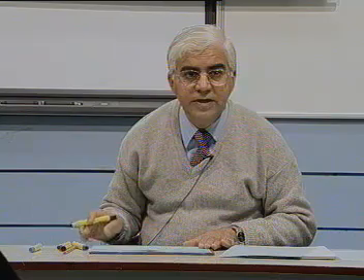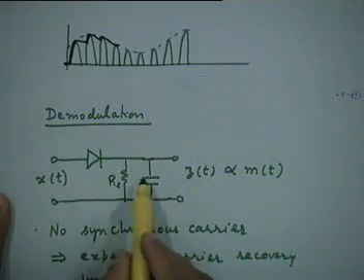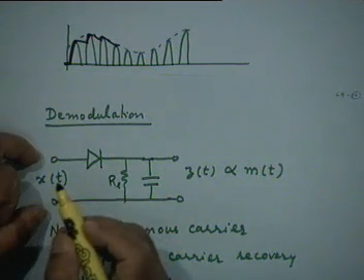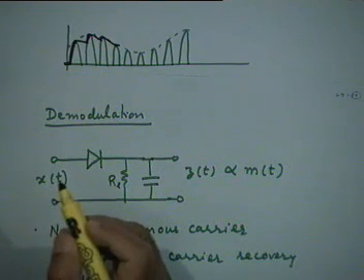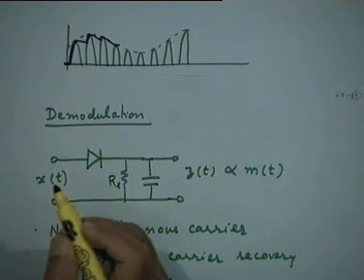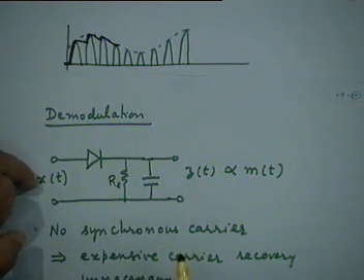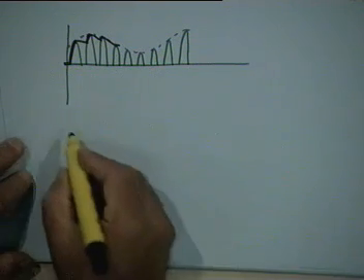Now for this to work, are there any conditions that we should satisfy? Obviously yes. Let's look at the charging path. The charging path is through, let us say, some source resistance that you might associate with the input. After all, the input is a voltage source coming from somewhere, maybe from an antenna or from some amplifier stage previous to the demodulator, right? So there would be a source resistance associated with the waveform x(t). Let's say the source resistance is R_s.